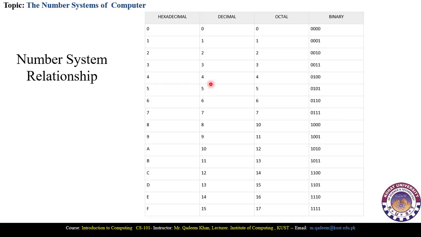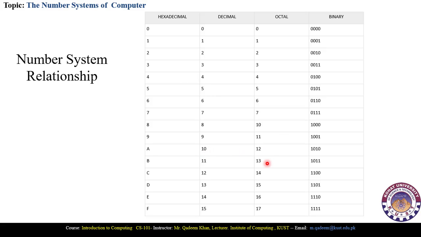When we convert these decimals to octal, we write the same number values up to 7, but after 7, when it is 8, it will be 1, 0. Similarly, 9 will be equal to 1, 1, and 10 will be equal to 1, 2, 1, 3,